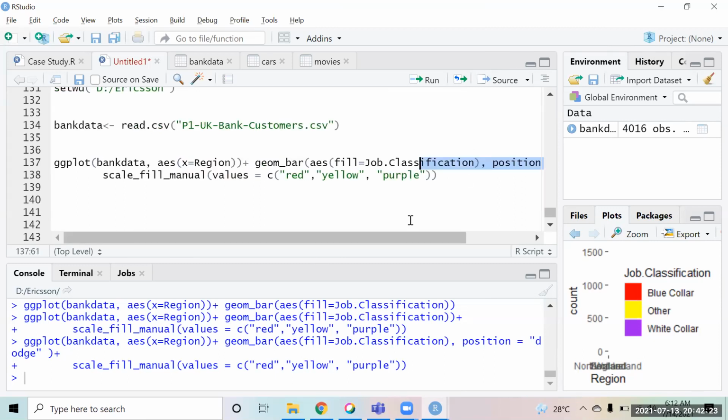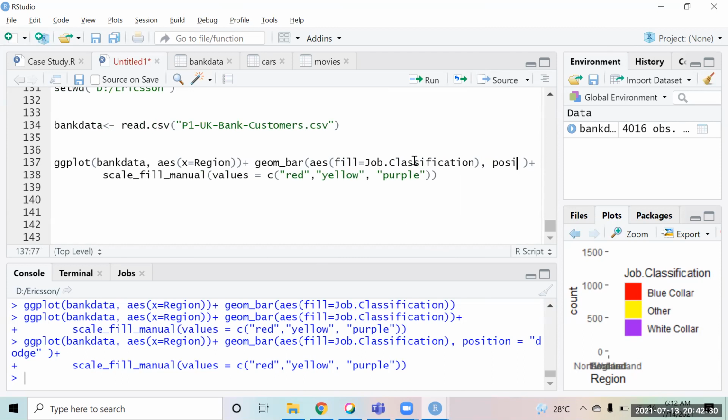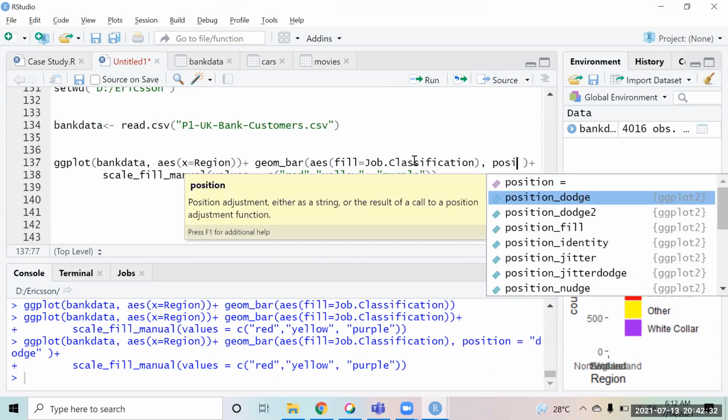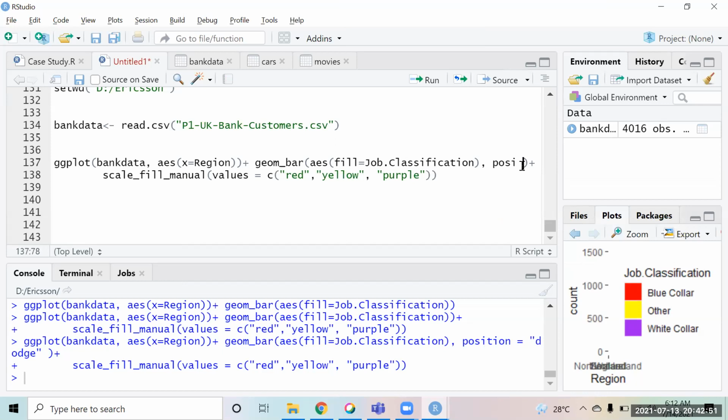Yes, so when I was writing position, it was coming position underscore dodge. If you start typing position, when you write this over here, it's like a function over here, right? So this again changes that position only. So this will also work in that same situation. Okay. So it's like a separate function inside it, the position bound. Okay.